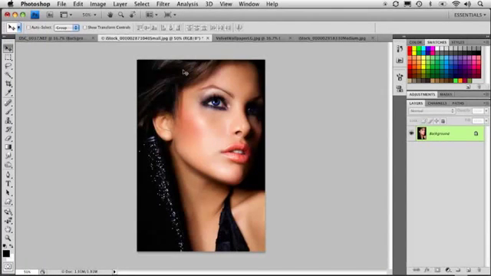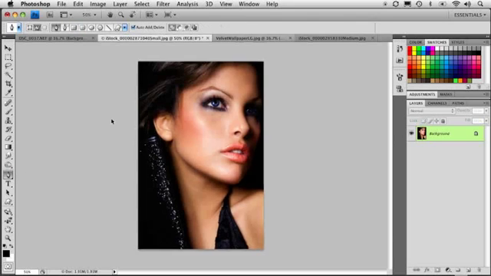Now in this lesson I want to talk about how you can use pretty much abstract shapes to enhance your designs, to lead the eye and just make them a little bit more interesting. And we're going to start with a photograph that you see I have here. And we're going to go and grab our pen tool, and I'm going to zoom out of this document a